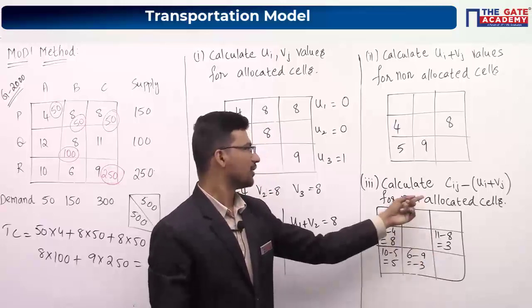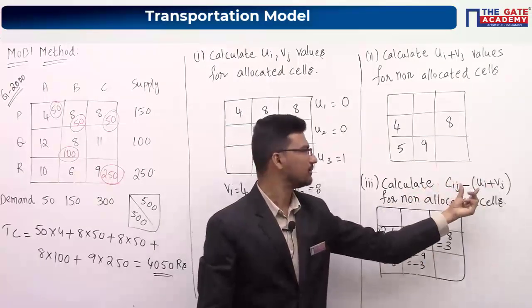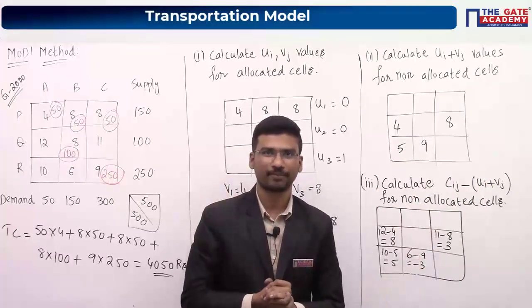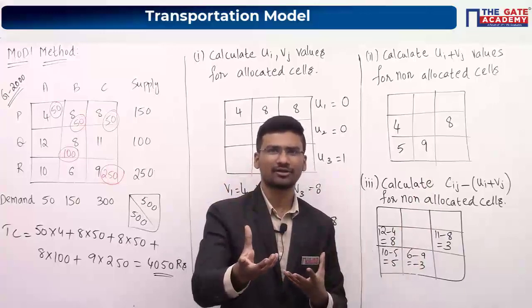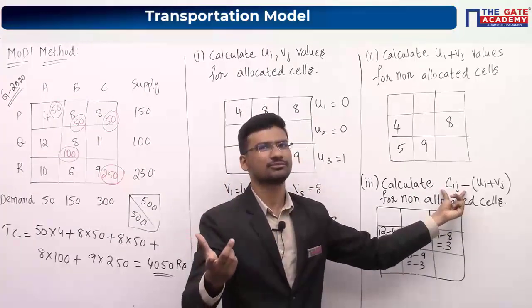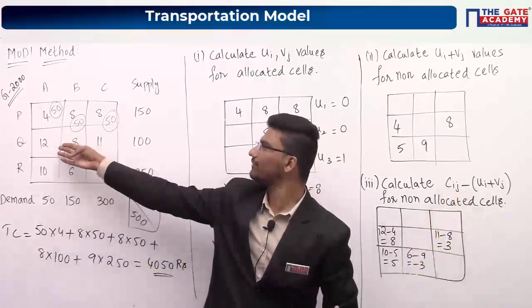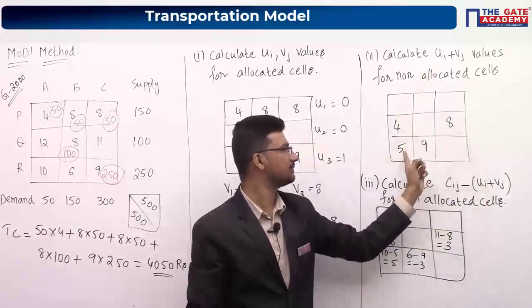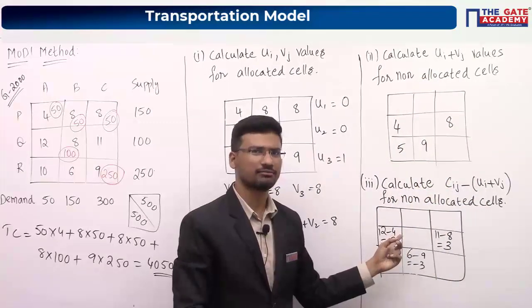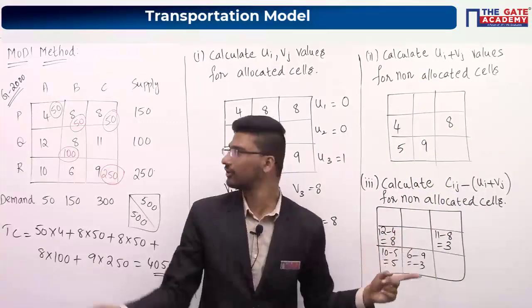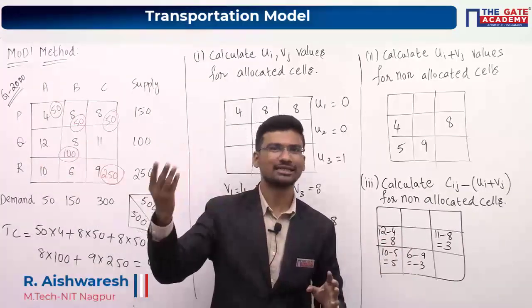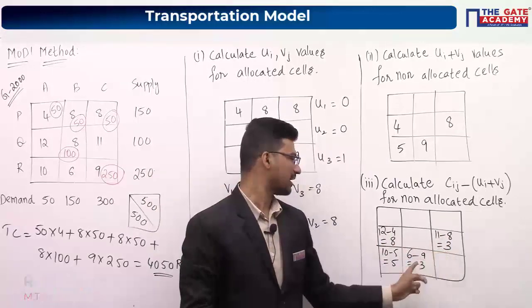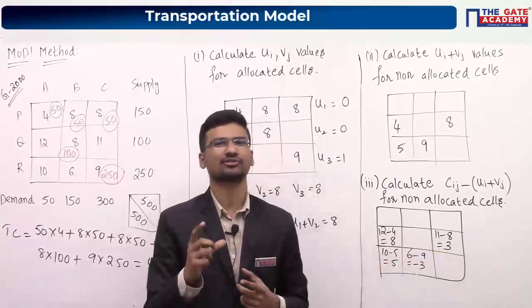You have to calculate Cij minus Ui plus Vj. Already I have given you what the Cij value is when we wrote the problem formulation: the unit transportation cost, which is already given in the question. Ui plus Vj you have already calculated here, so you have to subtract it from that. Already I have written here 12 minus 4 like this. Don't worry, whenever you are revising, you will come to know these things. Whenever you have a negative sign, that indicates that your solution is not optimal.